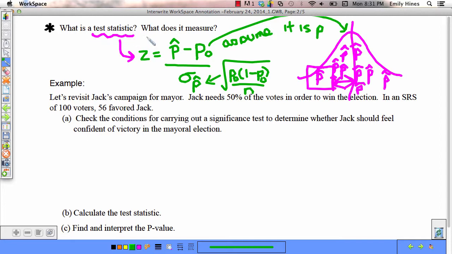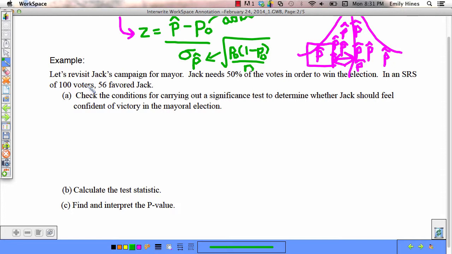Test statistic. This is not on the formula sheet per se. It's written in words. It says test statistic equals statistic minus parameter value divided by standard deviation of the statistic. Your null value is your parameter and the thing that came from the sample is your statistic. We're calling it test statistic now. It's really the same thing as a z-score. So let's